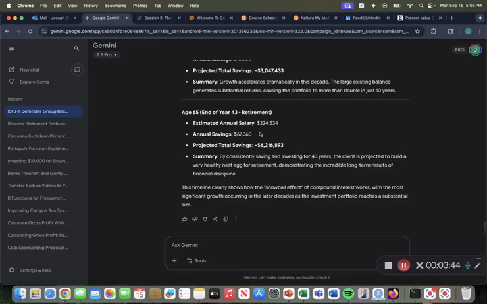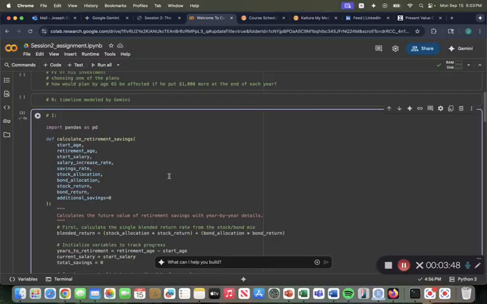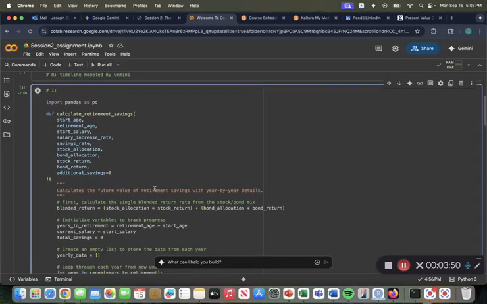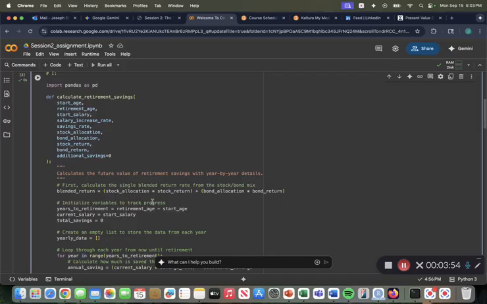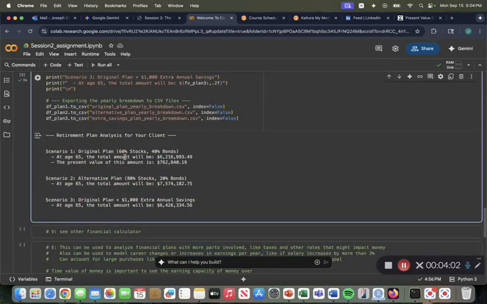So this is a little model of our timeline to really see how the growth will be exponential with all of these factors increasing. So then, for the I in driver, I had Google Gemini help me create some Python code using the pandas libraries to calculate all of the financial points we wanted to gain some more insight about, including that same value of the total amount that he will earn with 60% going into stocks, 40% going into bonds, that $6.2 million mark.